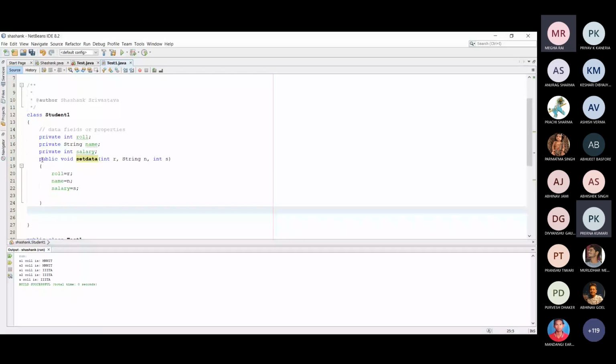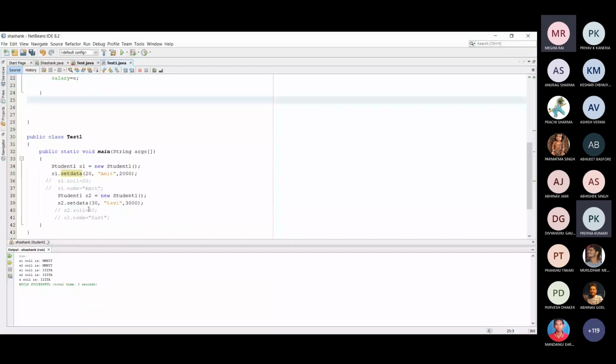Now suppose I would like to print all this data: roll number, name and salary. Here you can see that s1 is initialized and s2 is initialized, but how can we show all this data?